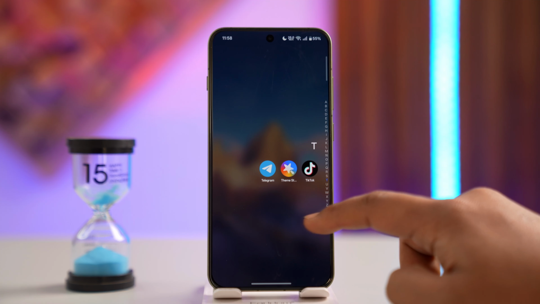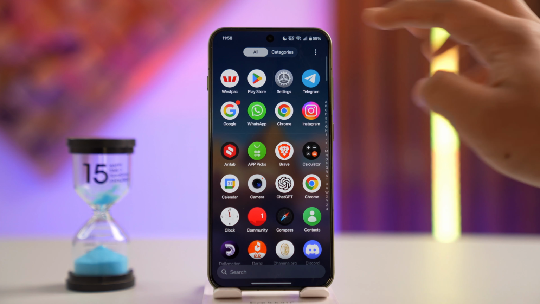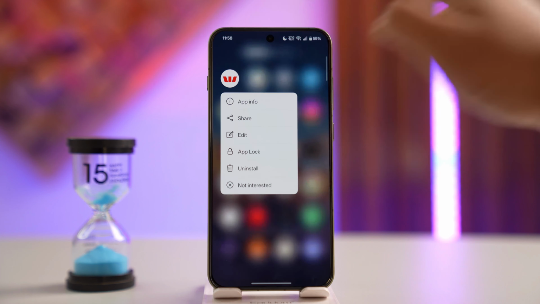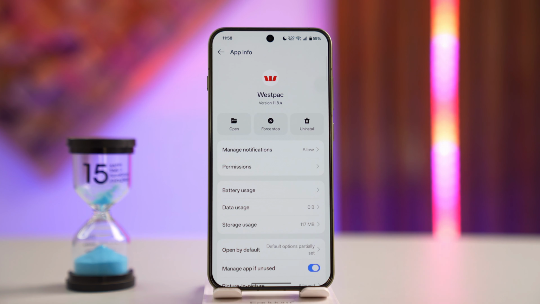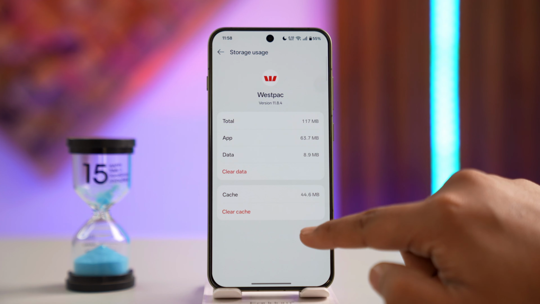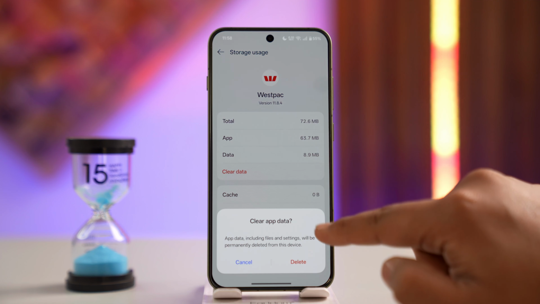Once you've disabled all that, if you're using the Westpac app on your Android phone, long press the Westpac app icon. Tap on this I button that says App Info to come to the app information page. This setting will be found on any Android devices. Once you're here, tap on the Storage Usage button, clear the cache files, and you can also choose to clear